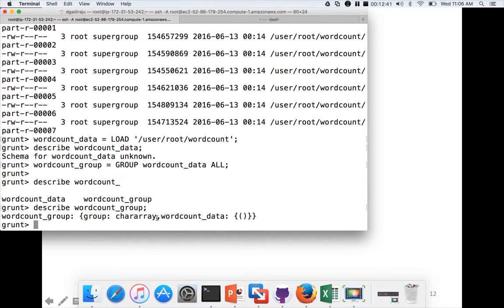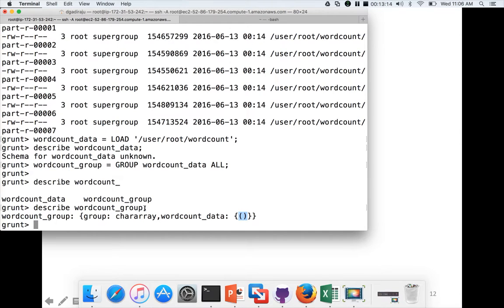The key is an implicit field which will be created internally, and the value is the entire data set which is grouped using group word_count_data all. If you see here, again there are curly brackets inside circular brackets, which means it's a bag. So all the values in those files are grouped together, giving one group key.